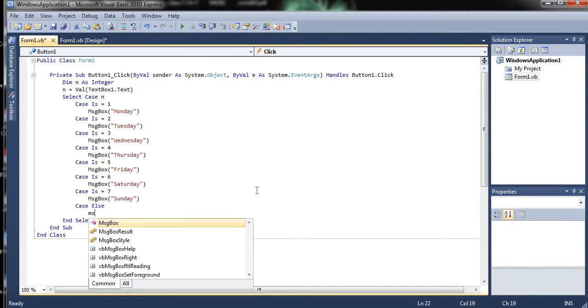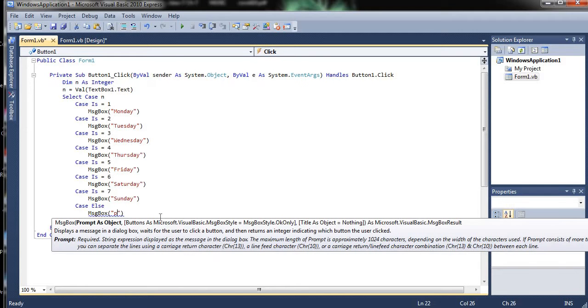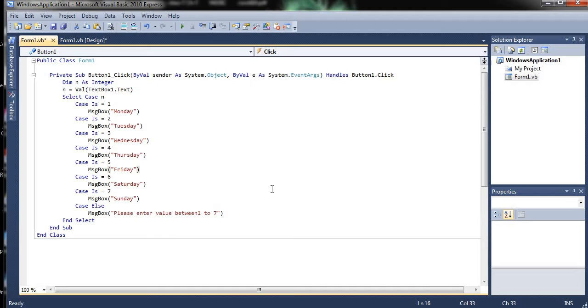In this case, the message box should display: please enter value between 1 to 7. Please enter value between 1 to 7.